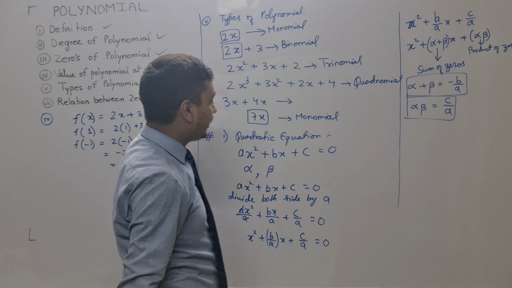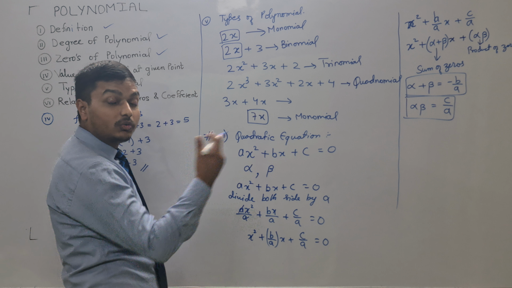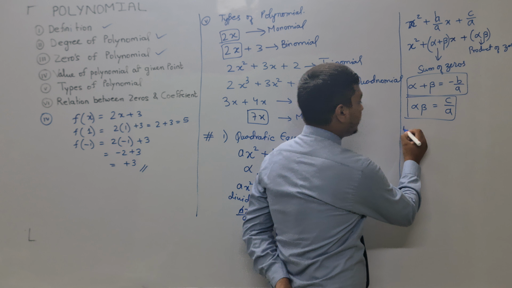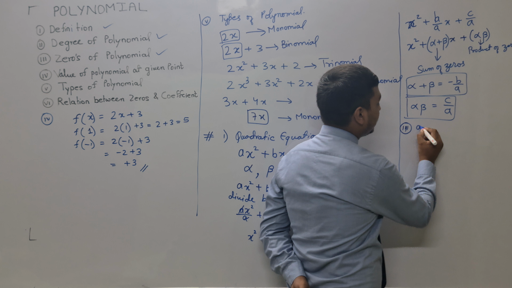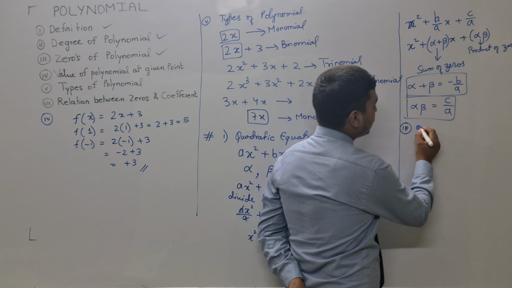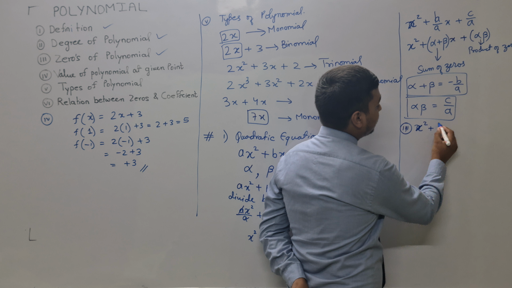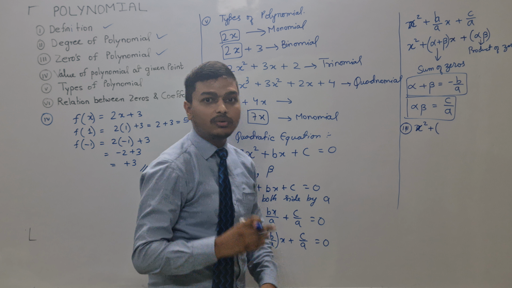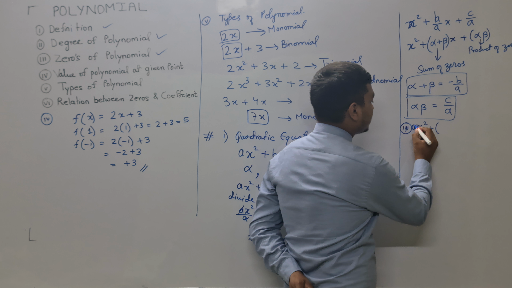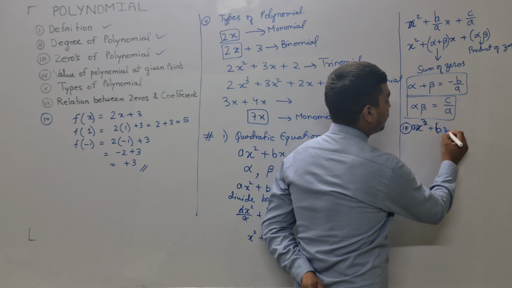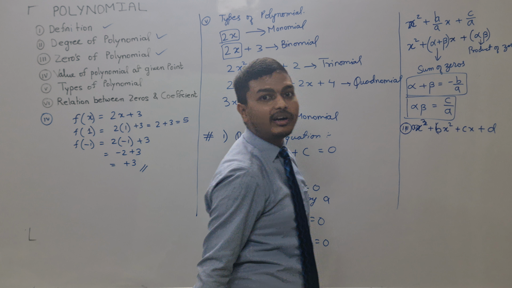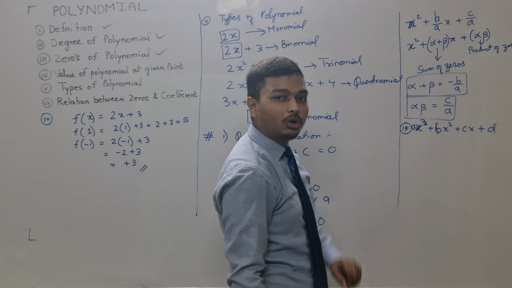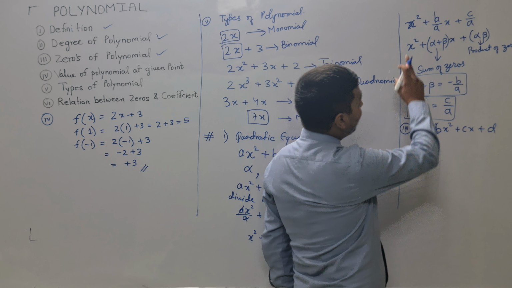Now it is not valid only for the quadratic equation. Let us go for the cubic equation also. In cubic equations, you can expect very few questions, but also for your knowledge, let me explain. First, what is a cubic equation? Ax cube plus bx square plus cx plus d. It is a cubic equation. Why? Because the highest power is 3. In that, now can we represent in this